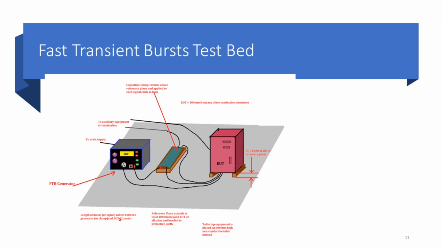The procedures for applying the bursts are generally straightforward. The standard requires at least 1 minute for each coupling mode, which for a repetition period of 300 milliseconds means at least 200 bursts. The product or generic standard being invoked will determine which ports are tested. In contrast to the other test, only the specified test level need be applied, although you may well want to ramp through the levels to check for lower and higher level susceptibilities. For the clamp application, this means that only 2 minutes testing is needed per port, once in each polarity.